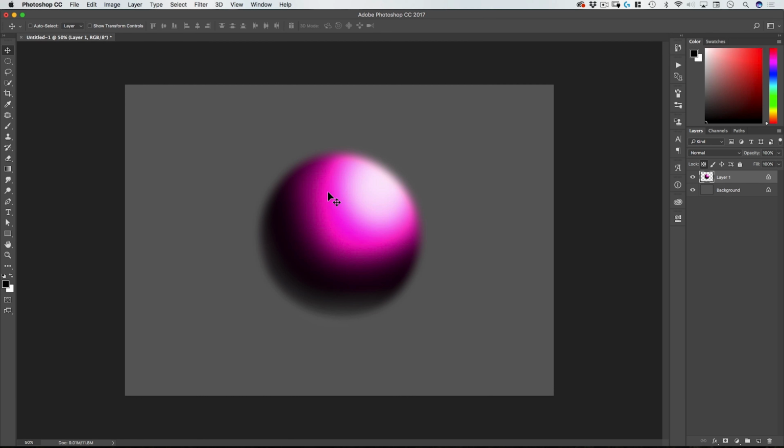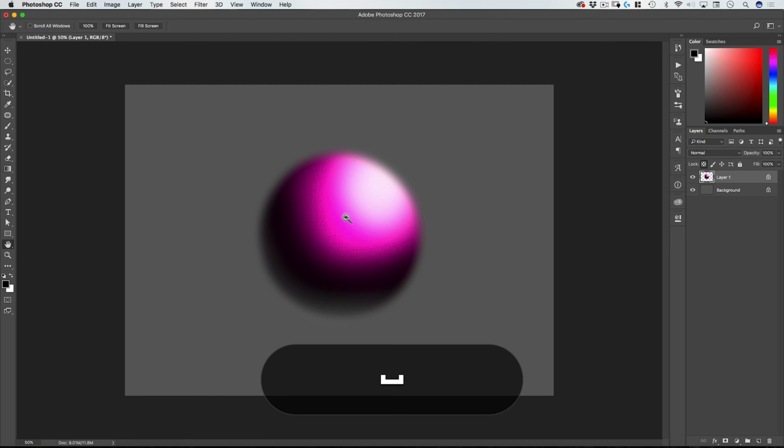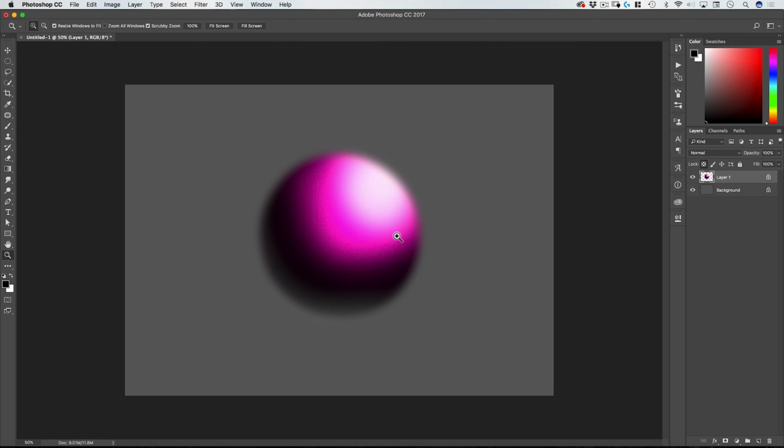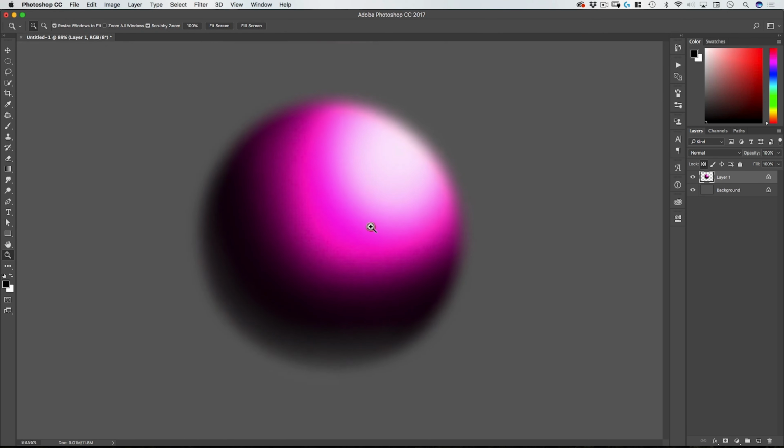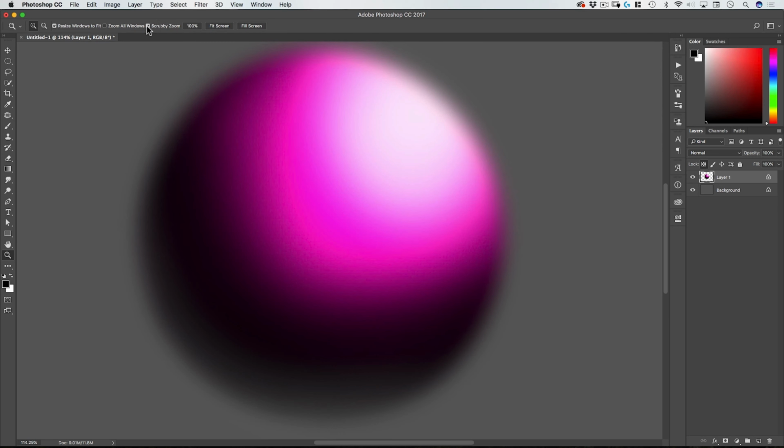Okay, the last thing I want to cover, second to last actually, is navigation. So the hand and the magnifying glass is what you use to navigate around your canvas. So let's go in the magnifying glass and let's zoom in, and you'll notice I have scrubby zoom turned on.